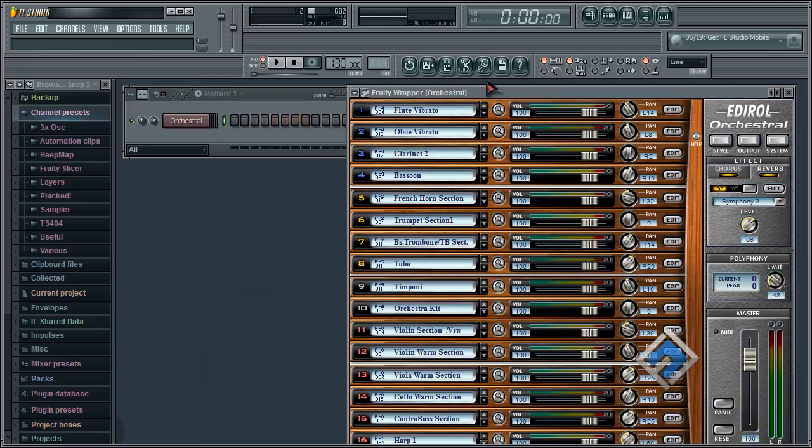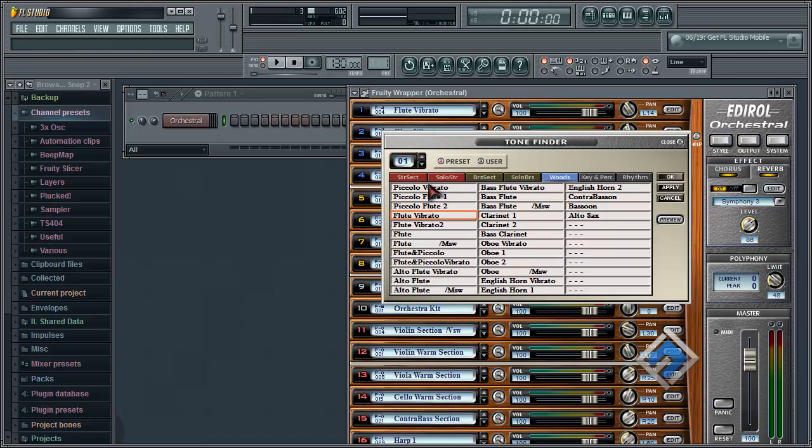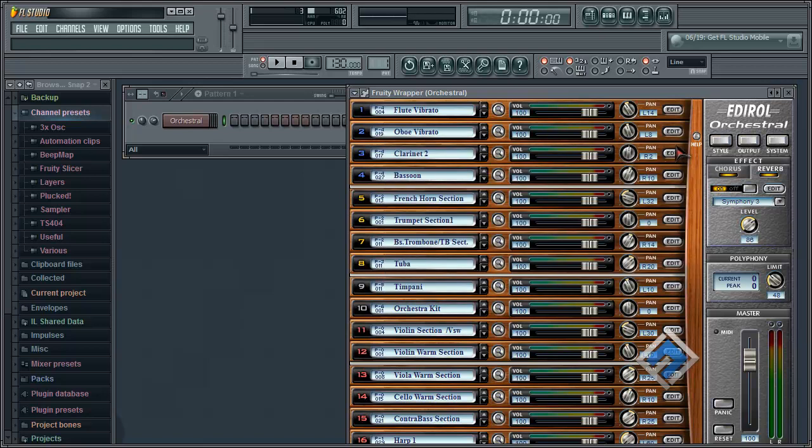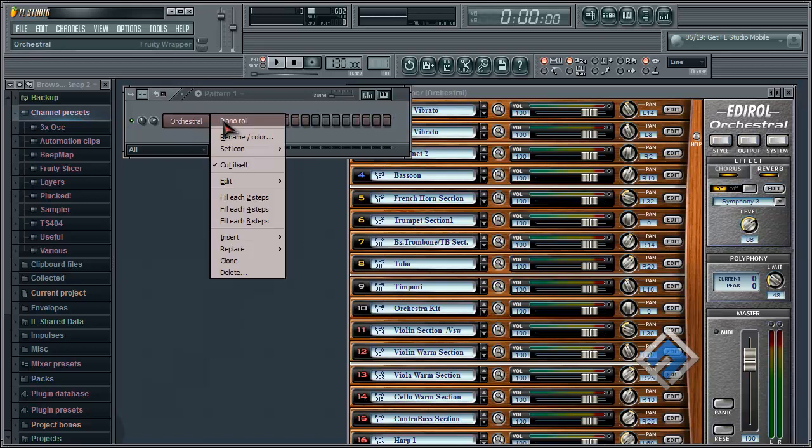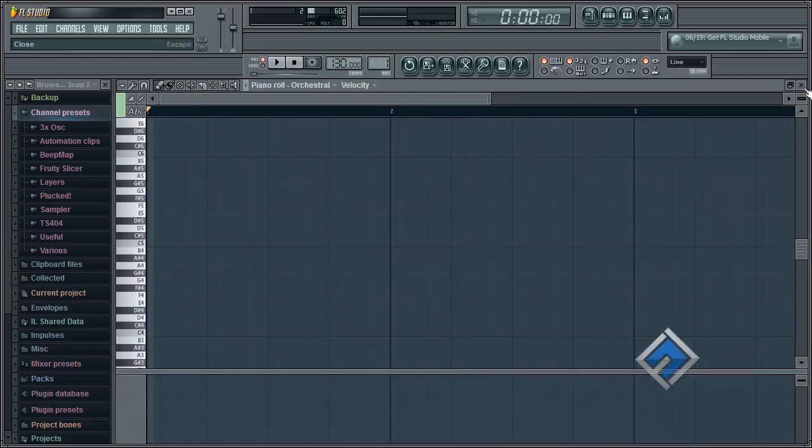For example, this is one whole plugin, and there's a bunch of channels inside the plugin. So channel 1, channel 2, channel 3, and a lot of these, every channel has a different sound to it. You could choose any sound you want for whatever channel you want it to be in. But for example, if you just go into the piano roll on your plugin